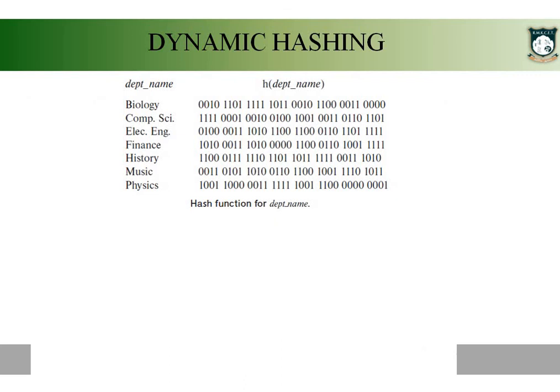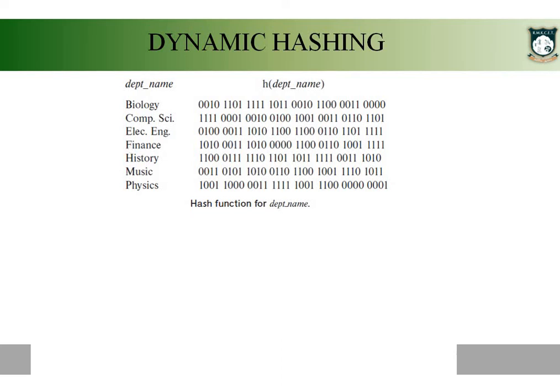Now what we are going to do is create the extendable hashing for the instructor table, and we are going to create the extendable hashing using department name as a key value. Suppose you are going to insert a record. For the department, for the subject name, they have given us department name, but we initially discussed subject name. So for the subject name of the particular record, you have to apply the hash function.